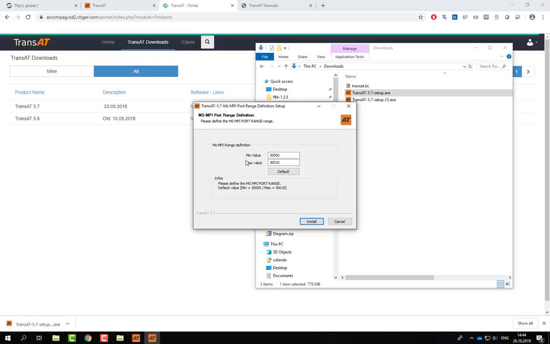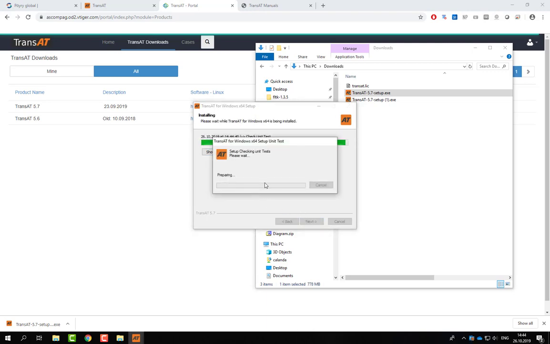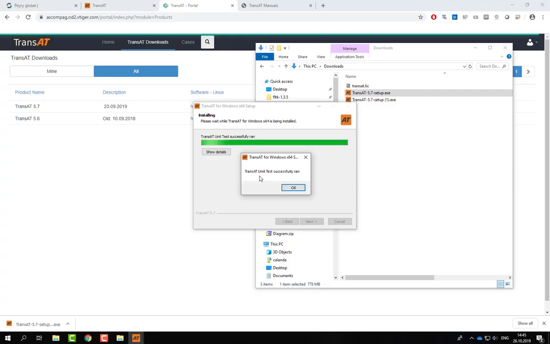Towards the end of installation, you'll be requested to define the MPI range definition. The default values are acceptable. Clicking Install and Close. Next, the unit test will run to ensure that TransAT and its dependencies are correct. The Python test is checked, which should show successful, as well as the MPI test should also be successful. And finally, TransAT will be tested. The unit test simply runs a simple simulation using TransAT. With the simulation successful in the background, the unit test will display as successfully ran. Clicking OK,